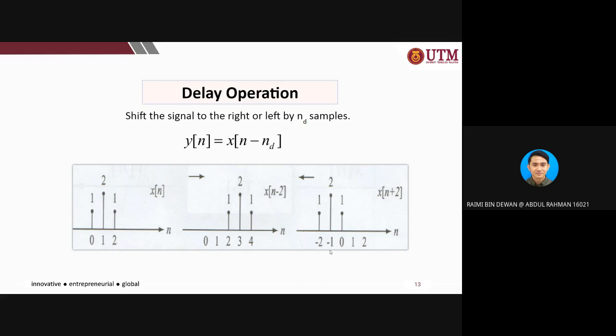So this is the case if we time advance. Minus -2, so it will be advanced by 2. Let's say this one is n=0, now at -2 it has an amplitude of 1, and so on. So you can try this also as your exercise. Please try to do some exercises, and try to demonstrate to see whether you understand or not, at your own personal leisure time.